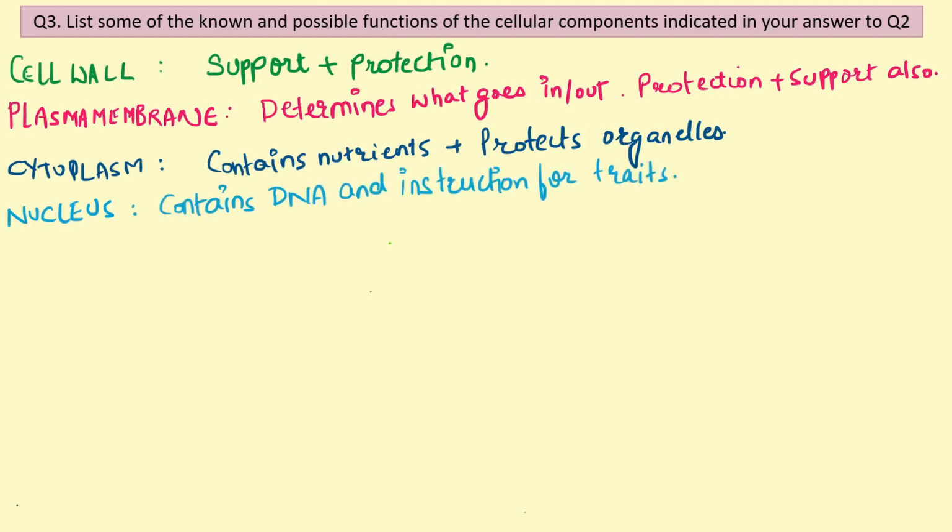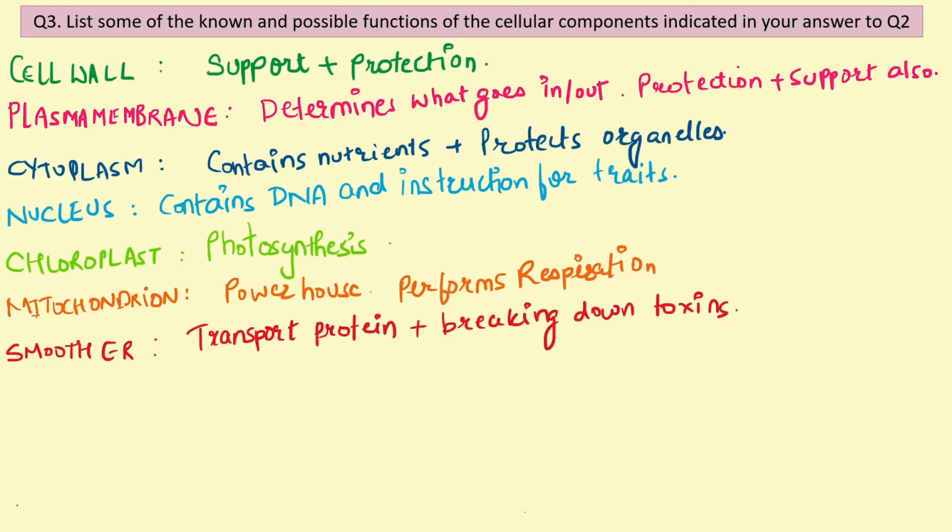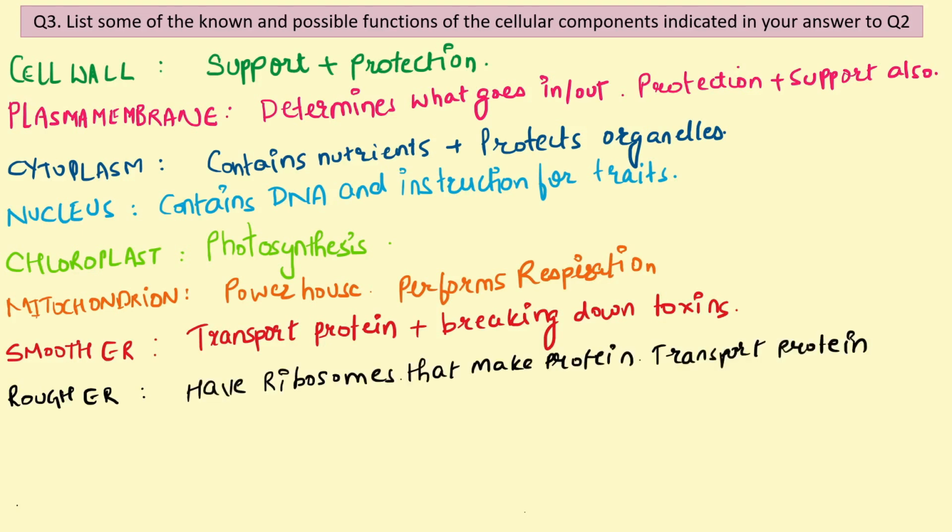The nucleus, it is the main part. It contains the DNA and instruction for traits. The chloroplast, it performs photosynthesis. The mitochondria is known as the powerhouse of the cell. It performs respiration. The smooth endoplasmic reticulum, it is responsible for the transport of protein and it also helps in breaking down toxins. The rough endoplasmic reticulum, they have ribosomes that make proteins, and it is also responsible for the